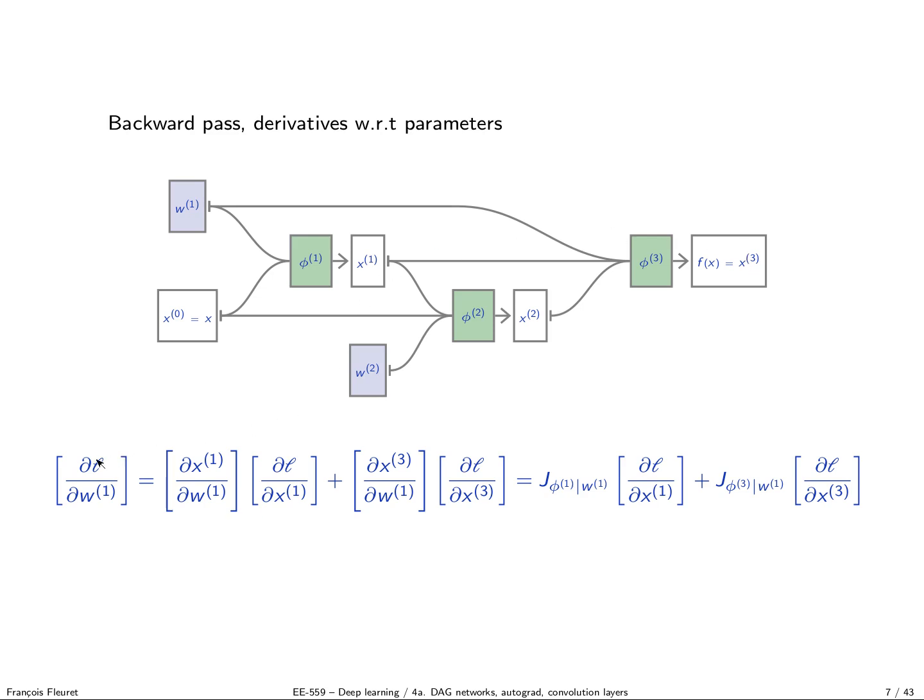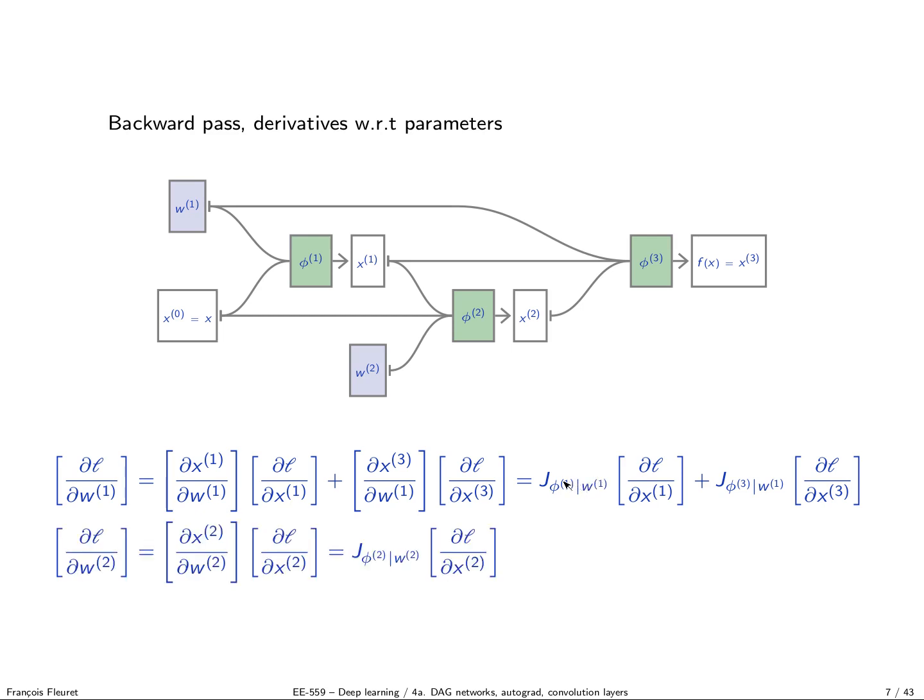So the gradient of the loss with respect to W1 is the Jacobian of x1 with respect to W1 times the gradient of the loss with respect to x1, and the same for x3. So again, now we have the Jacobian specific to the parameters. And the same for W2. So again, it may look a bit complicated in terms of formula, but conceptually it's very simple. It's the chain rule again. We compute the forward activations, and then we use the chain rule to know how the loss depends on individual quantities simply by propagating the intermediate chain of influence.